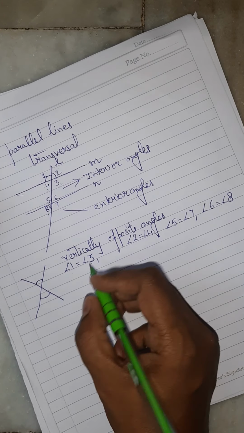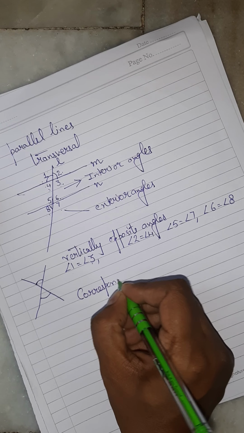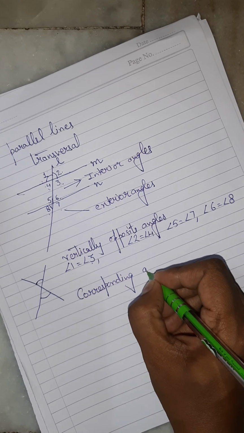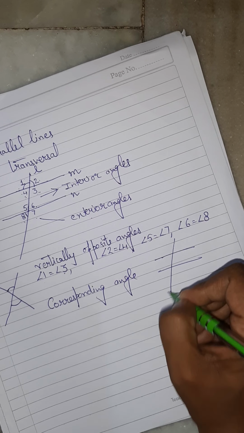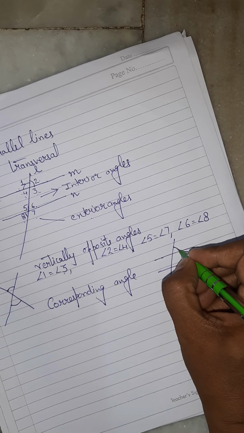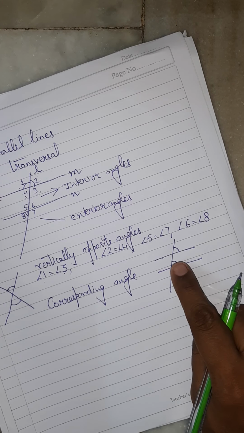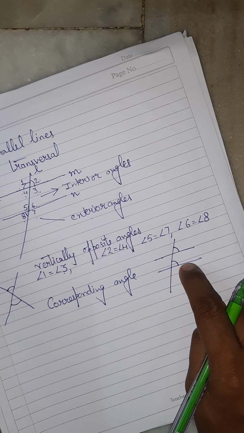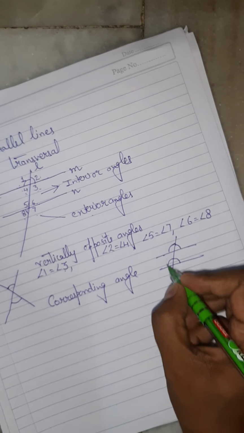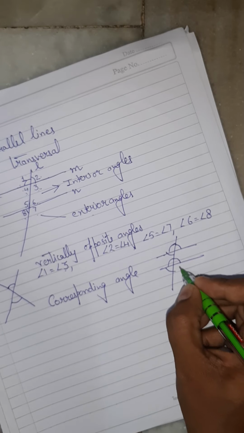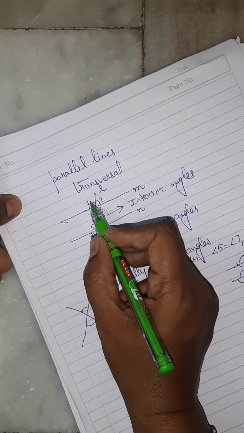Now let's move further. You have also studied about corresponding angles. Do you remember the concept of corresponding angles? Corresponding angles were somewhat like this. Two parallel lines, transversal, one in the exterior region and one in the interior region, on the same side of the transversal. Again, one in the exterior, one in the interior. Exterior, interior. So from this figure, can we say that angle 1 and angle 5?